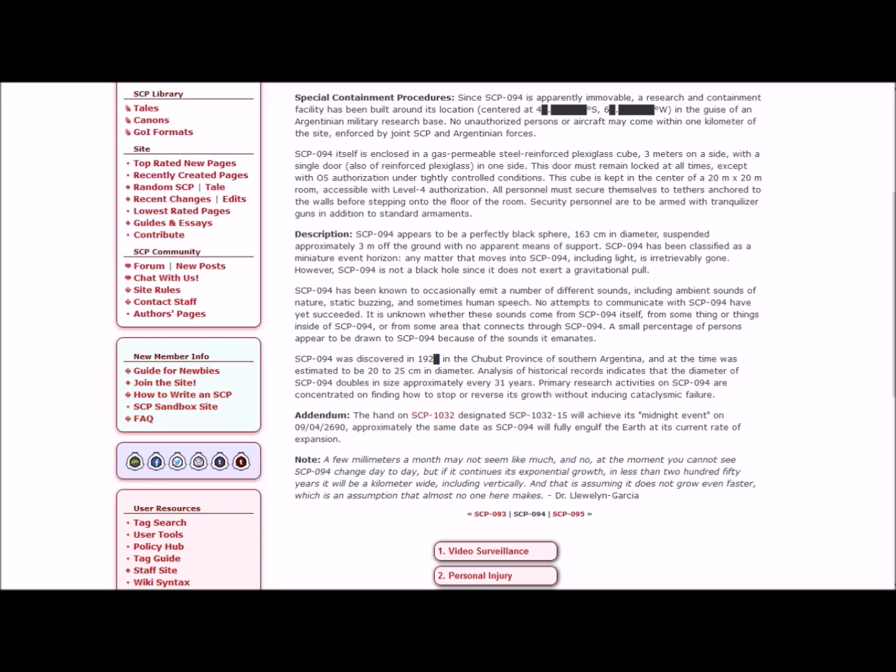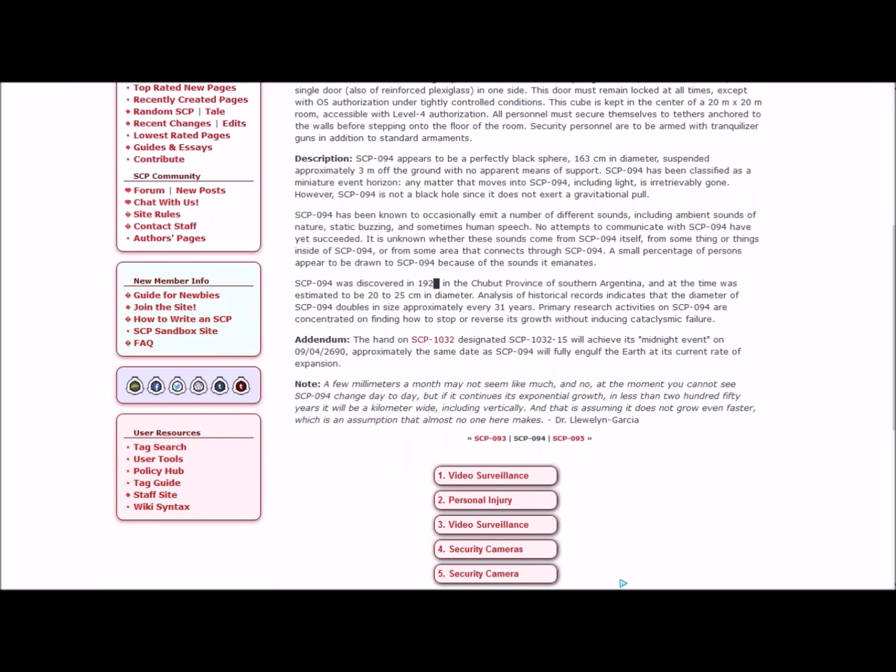It is unknown whether these sounds came from 94 itself, from something or things inside of 94, or from some area that connects through 94. A small percentage of persons appear to be drawn to 94 because of the sounds it emanates. 94 was discovered in 1920-something in the Chubut province of